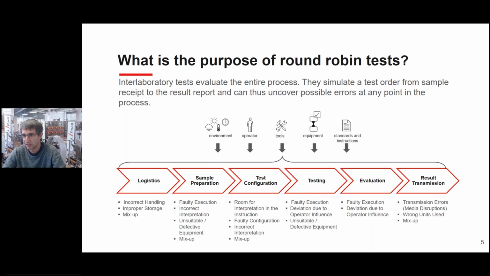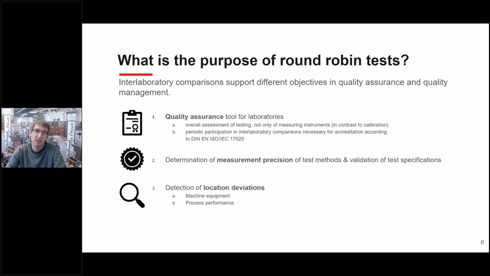And finally, in the result transmission, we will see in examples that even delivering the right number with the right number of decimal digits can be a problem. So a round-robin covers this whole process, and if you pass a round-robin with good results, it's a strong indicator that everything is fine within your lab. So in summary, it's a quality assurance tool for laboratories